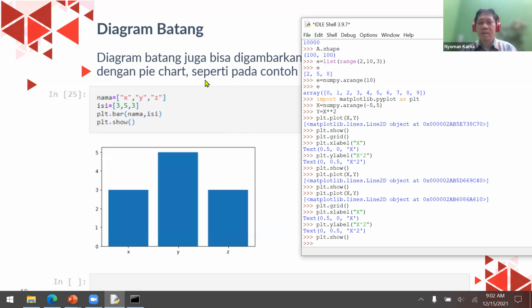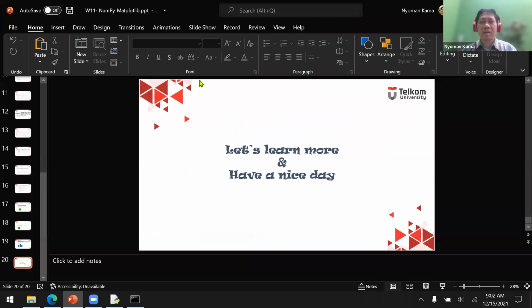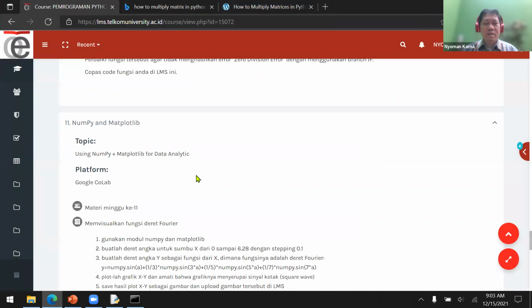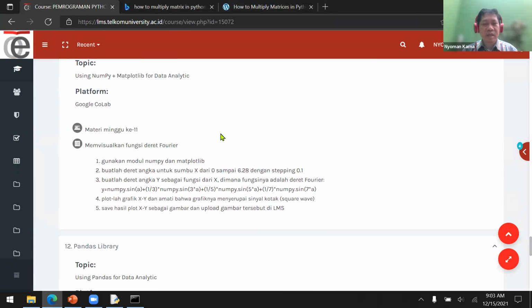I think that's all. So let's try to do the assignment, this is a simple assignment. Please use the NumPy and Matplotlib modules, and then create a sequence of numbers for the x-axis, starting from 0 to 6.28 with a stepping value of 0.1.